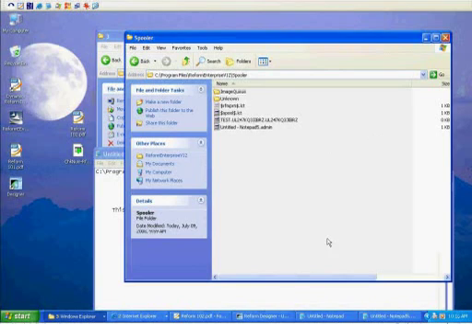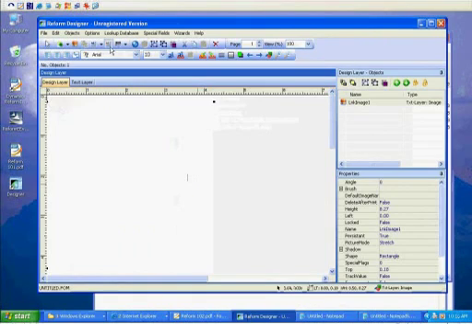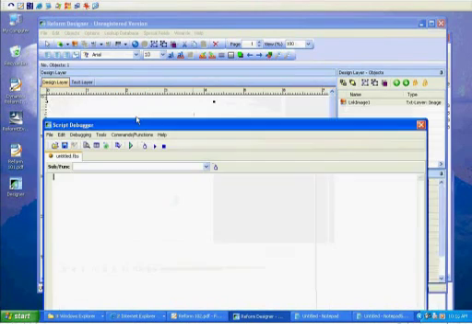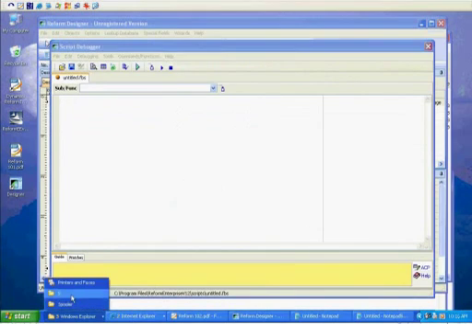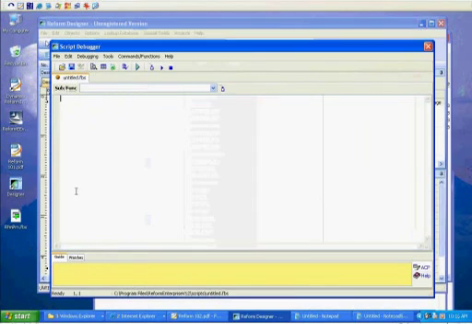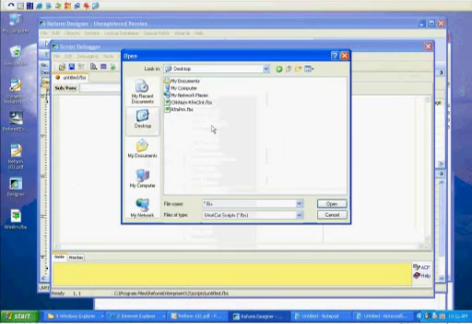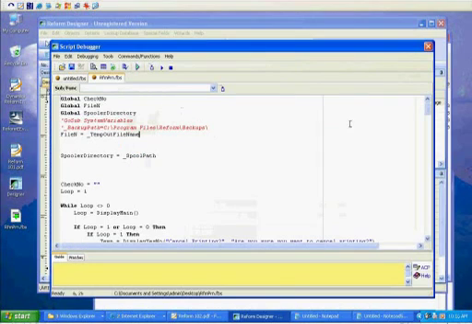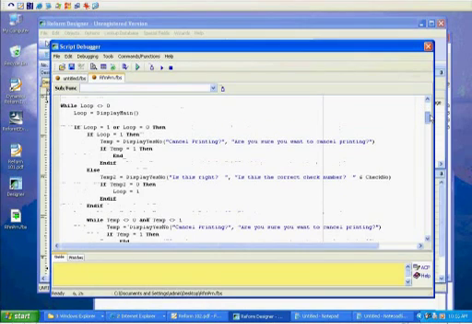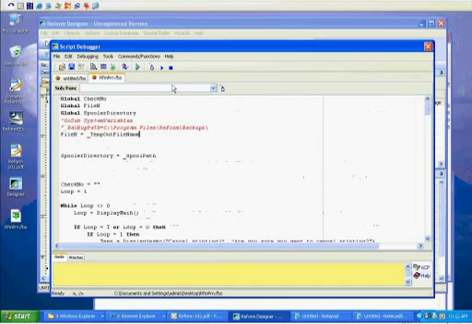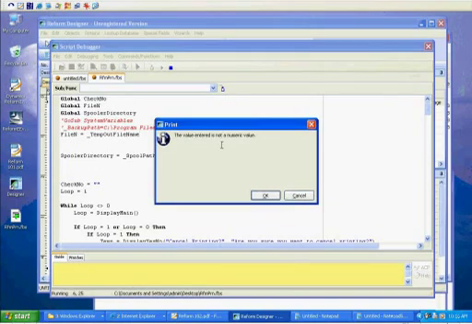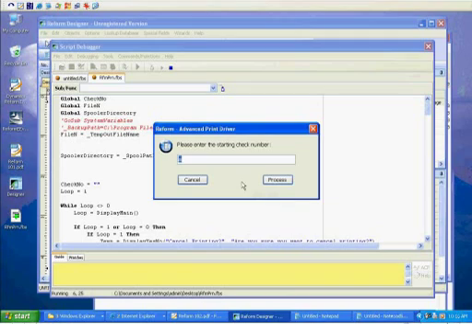Now the script can be configured to do several different things. What we're going to look at now is basically open one of those scripts and kind of demonstrate what it does. Basically, you can see that we're looping several times depending on the user's input, because if we run this script again, if I was to enter maybe a letter, it'll tell me that it's not a correct